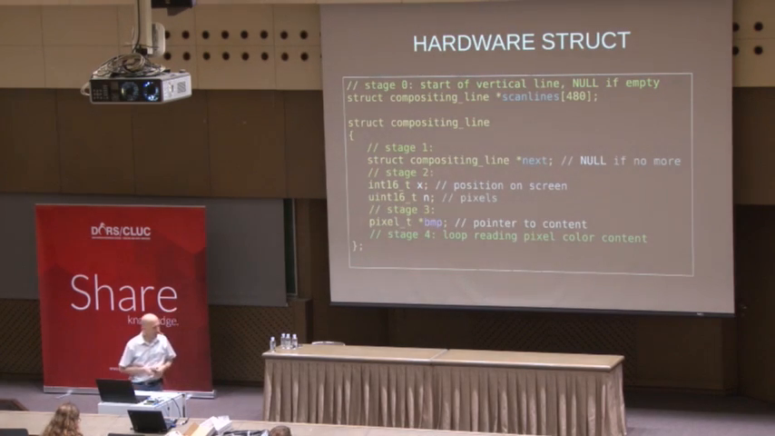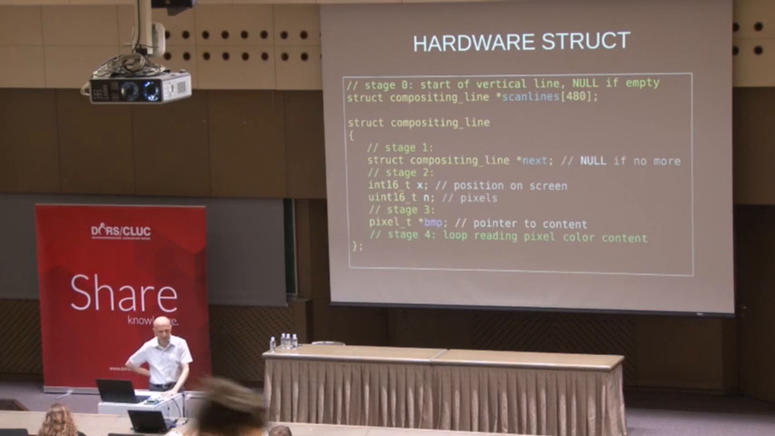This is the C programming language's representation of the data, which does all of that. It's quite simple. It has 480 vertical lines, which we call scan lines. These are the things above, see? And these stages, 0, 1, 2, 3, and 4, are hardware finite state machine stages that we want to interpret